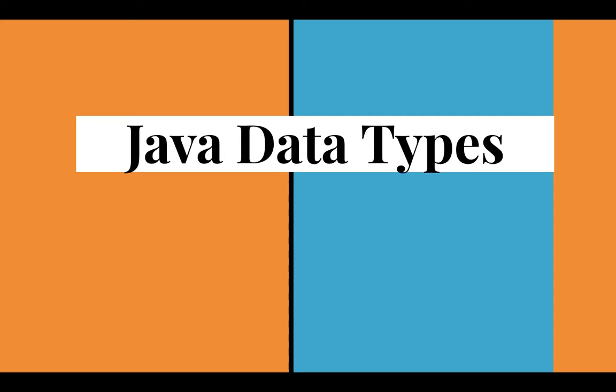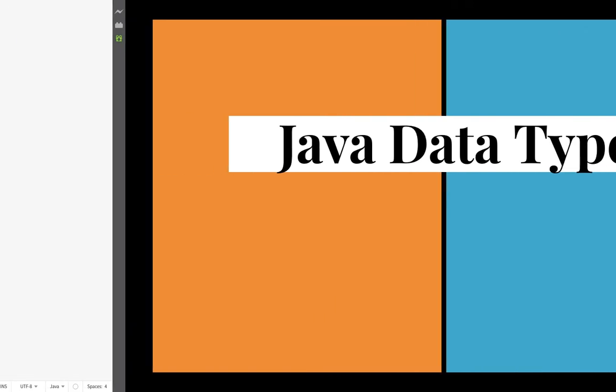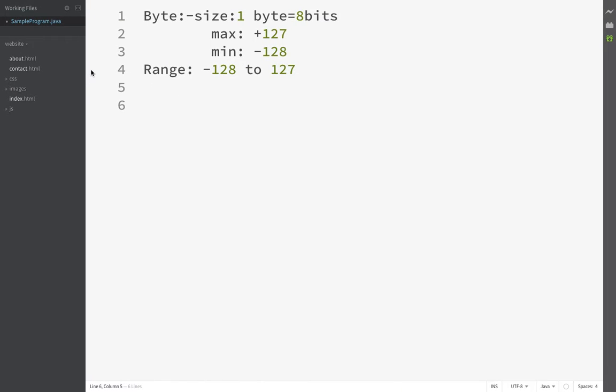Friends, today we are going to discuss Java data types. The Java programming language is statically typed, which means that all variables must first be declared before they can be used. See the below example. int input = 1. Int is a data type. Input is a variable name. 1 is a value.